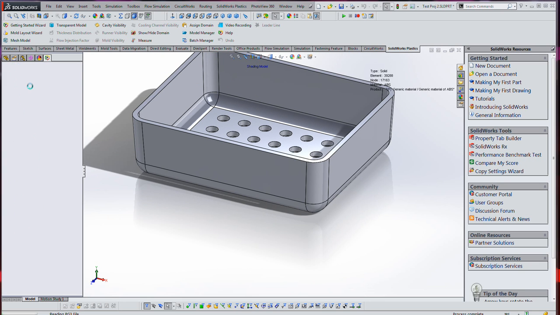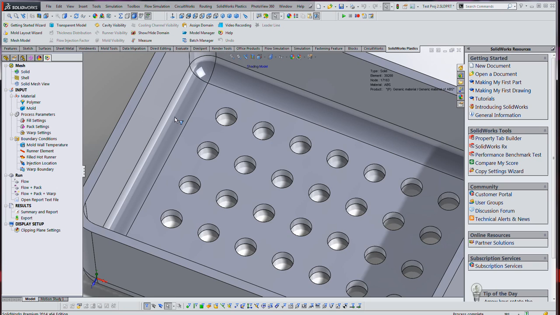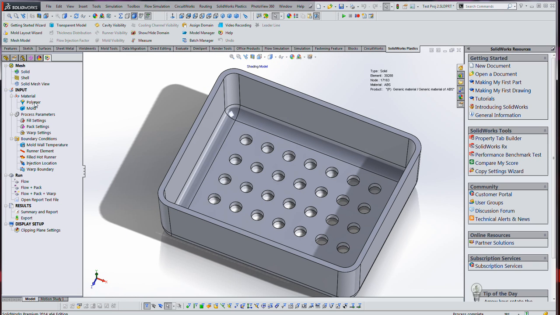So we can look at our mesh again if you want, but stop out of it. Now as you go through this, what you want to see is green check marks on everything. Now, I'm not sure if this has it, but on the older version you used to be able to choose a machine type, and you might still be able to here if you actually are doing multiple molds. Maybe that was the trick, but I just noticed that I don't seem to have the machine type and they do. So some of the 2013, 2012 versions of this